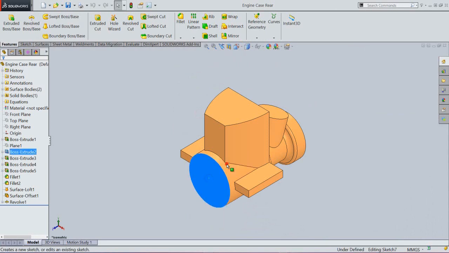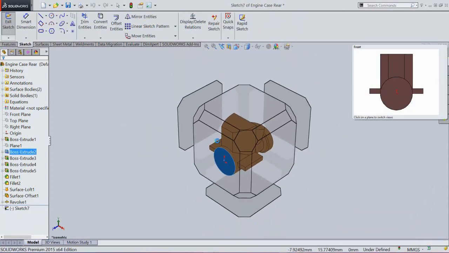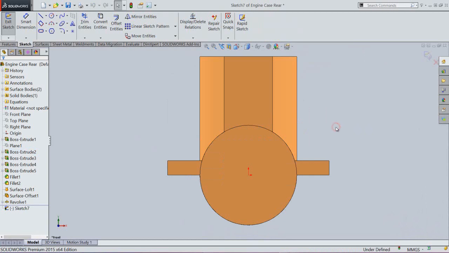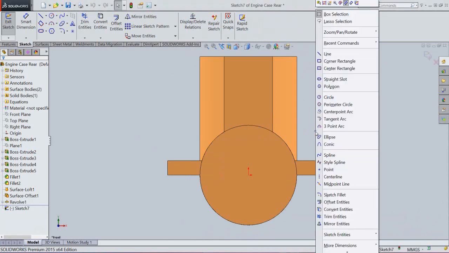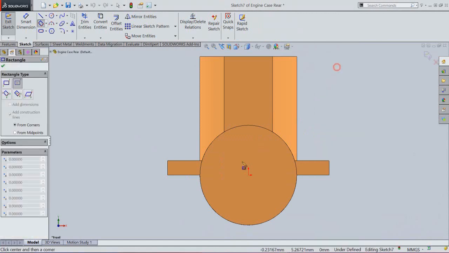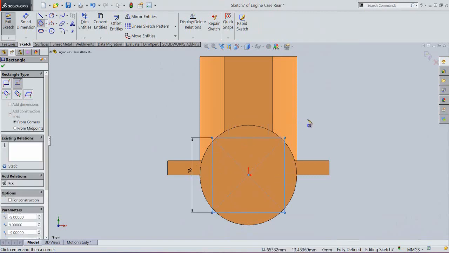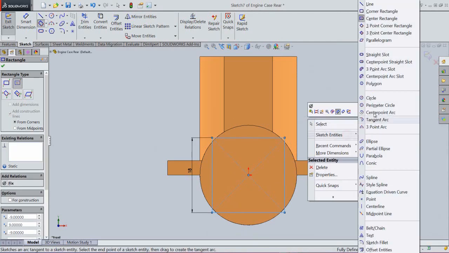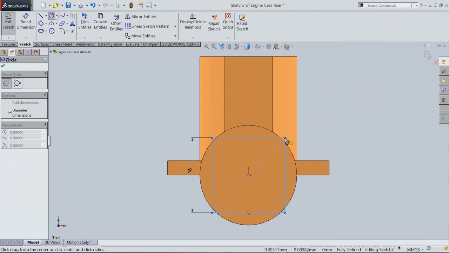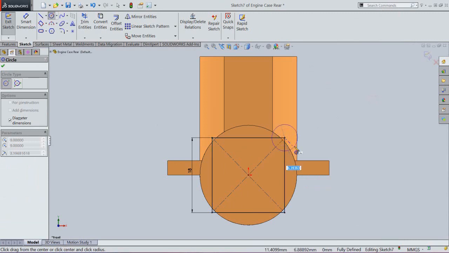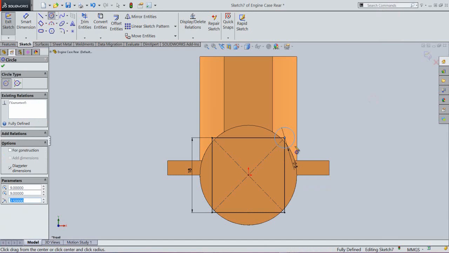Now we will create a new sketch on this face. Activate the rectangle tool and start the rectangle from the origin point and set the dimension of this rectangle 18 mm. Create a circle over the corner points of the rectangle.